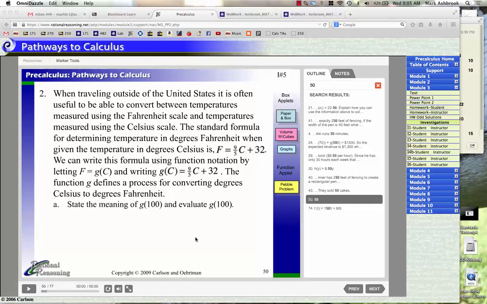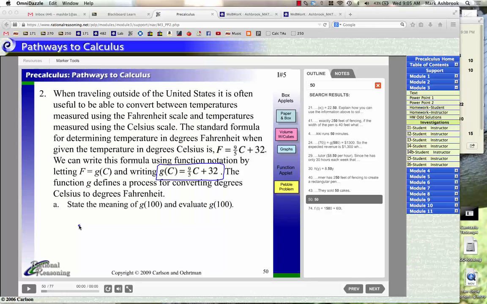They introduce this function, and they say g of c is 9/5 c plus 32. And they say this function converts degrees Celsius to degrees Fahrenheit. So if this function converts degrees Celsius to degrees Fahrenheit, what is the input of this function? A function that converts Celsius degrees to Fahrenheit degrees. The input will be